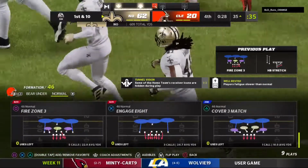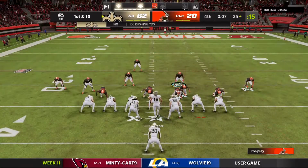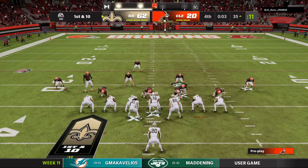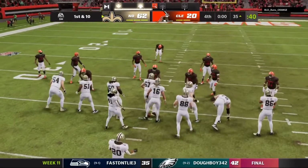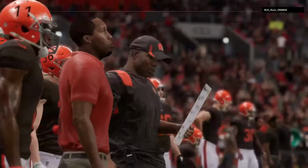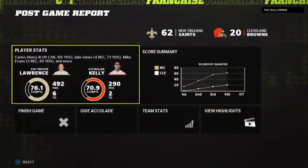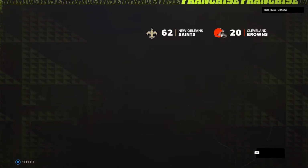Carries like that, that's how they're going to continue to salt this thing away here, Charles, in the 4th quarter. Yeah, how about that? A new set of downs. Clock continues to move. No better way to close out a game than to tap those mastodons you have up front and say, guys, keep pounding them. Let's keep the ball, keep their offense on the sidelines, and let's close this one out. Well, Charles, it's one thing to win. It's another thing to win and put up